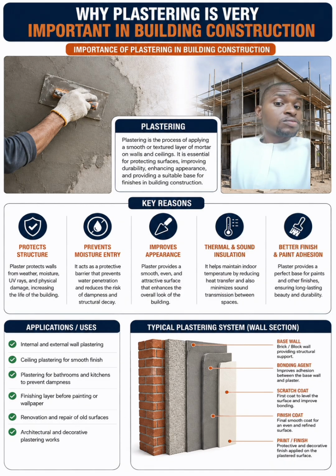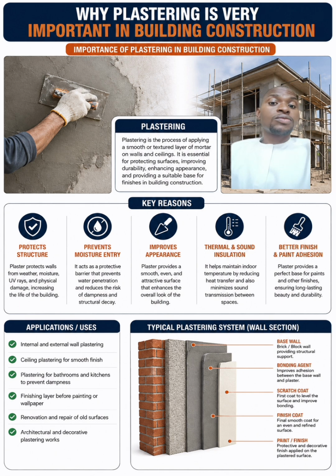Then architectural and decorative plastering work. One of the architectural and decorative plastering work is your screeding, because after the main plastering, you still tend to make the wall smoother to receive a starting paint, so that the wall outlook will come out very much better than it was before.